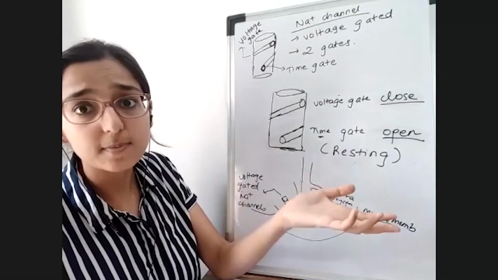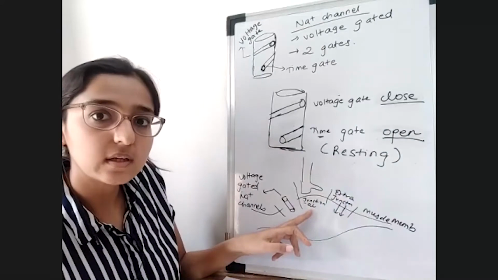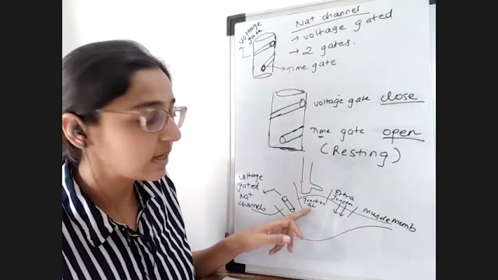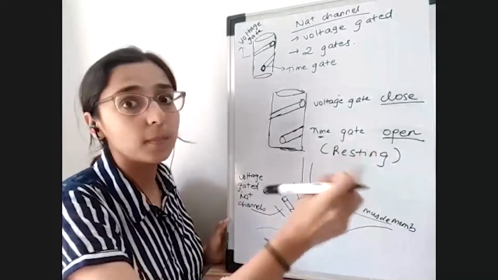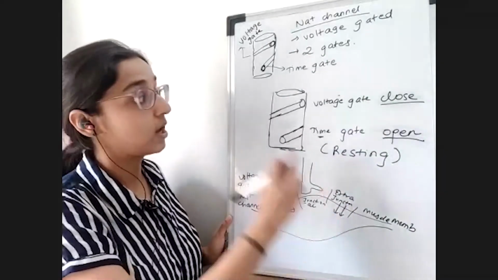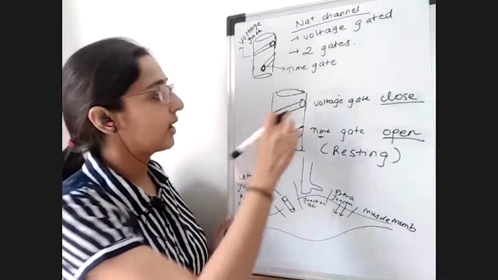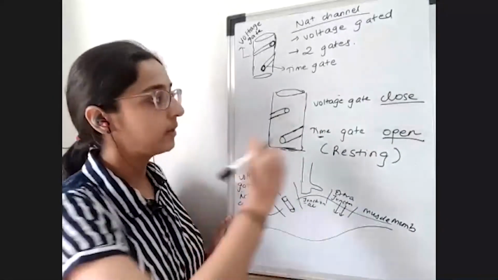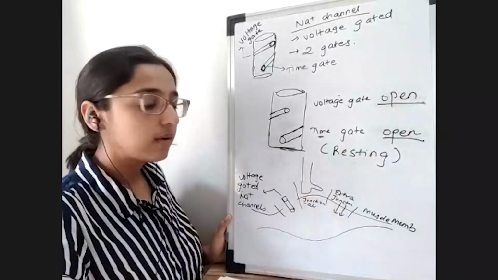It has to go to the plasma to get cleared. Unless it goes to the plasma, it will not get cleared. The quantity of succinylcholine here is quite significant, so it keeps binding and releasing, causing depolarization in the junctional region. That depolarization is sensed by the extrajunctional region, which has the voltage gated sodium channels. They sense that there is repeated depolarization occurring, the voltage is changing, I have to open. So the voltage gate opens. What will the time gate do now?